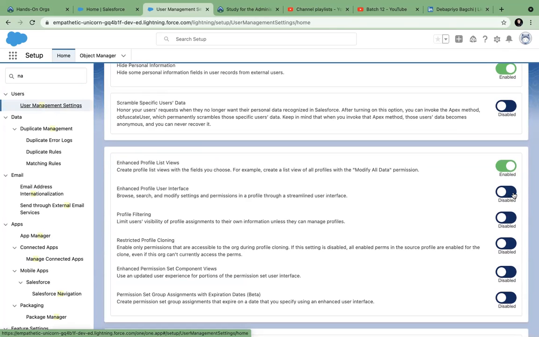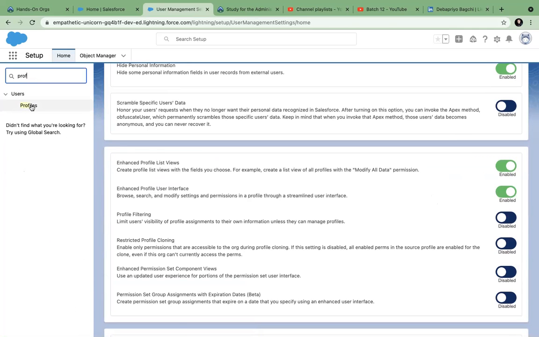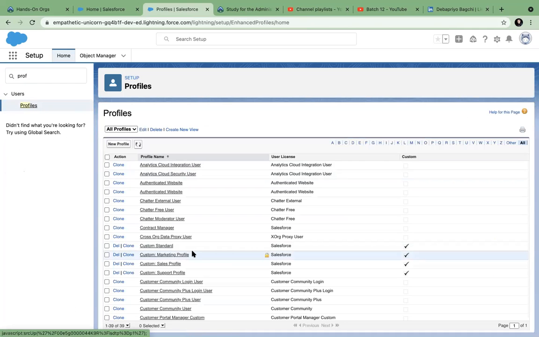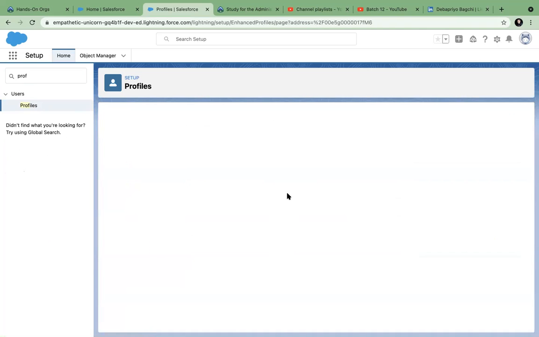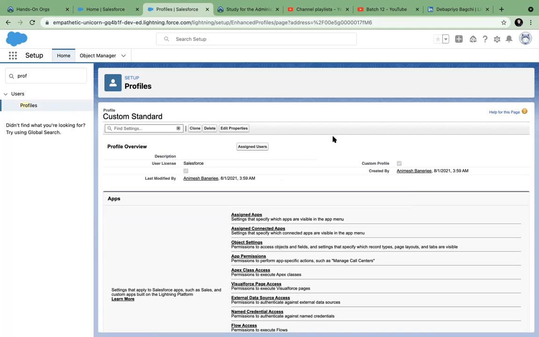You can go ahead and activate this. It will be a little easier to use. So if I now go back and search for profile, it will be easier for you to work on. Now you can go to the custom profile. This will look very similar to permission sets. So it changes now.